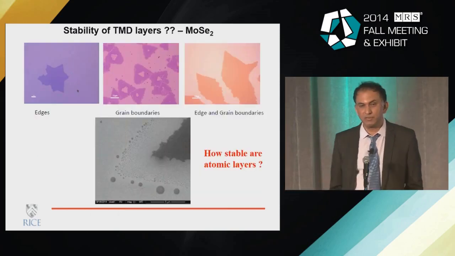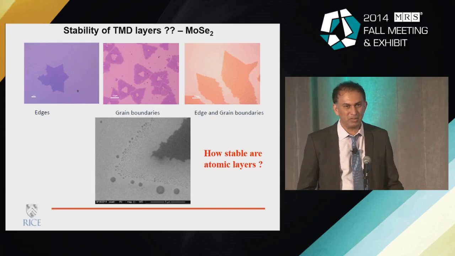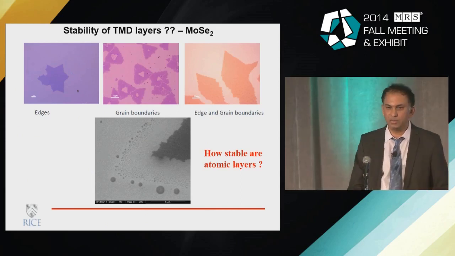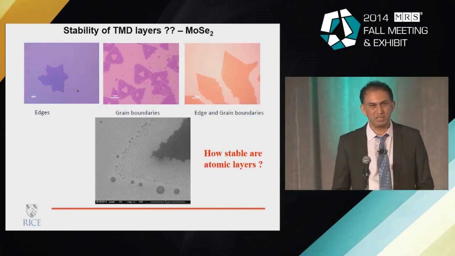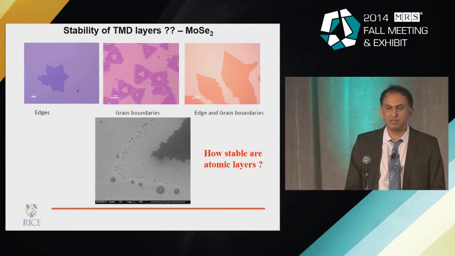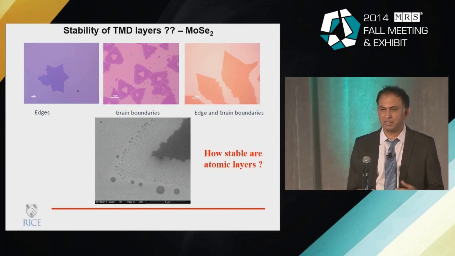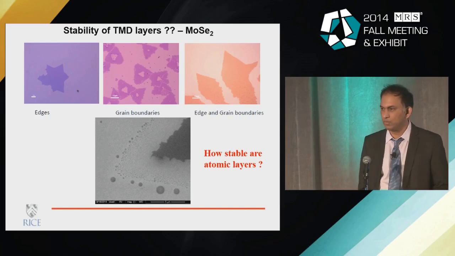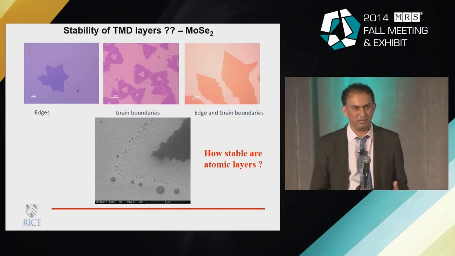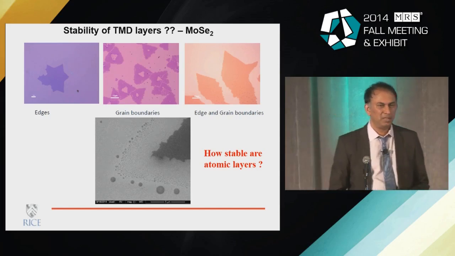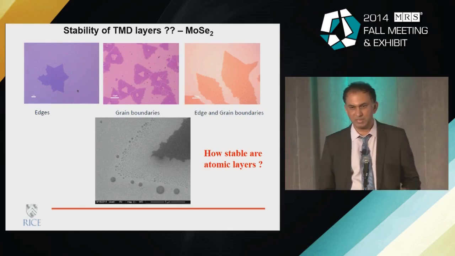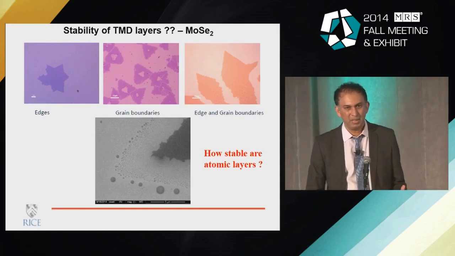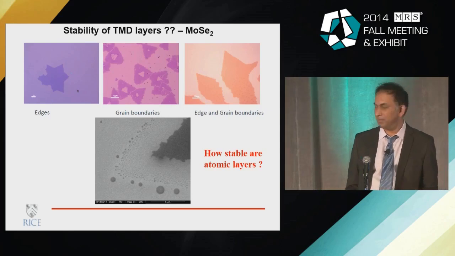One big question, of course, because they are so thin, because every atom is exposed, is how stable these really are. I think this question has to be answered in a reasonable time frame. And again, this is not just for these 2D materials. It's true for all nanostructures. We have been working on nanostructures for a long time. Perhaps carbon is a specific example where it is very stable. But many of these compositions may not be very stable.